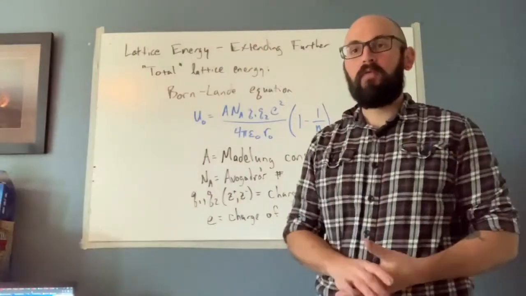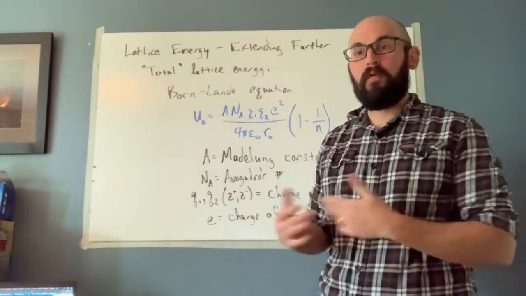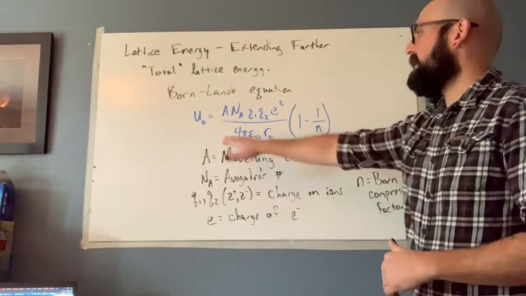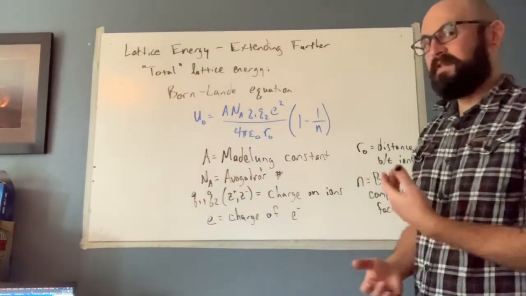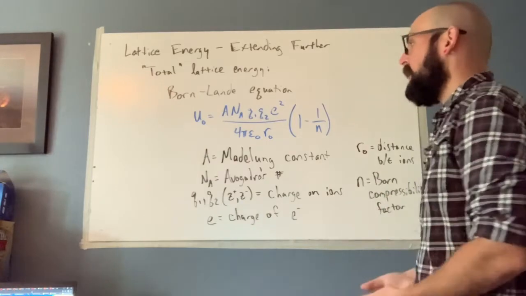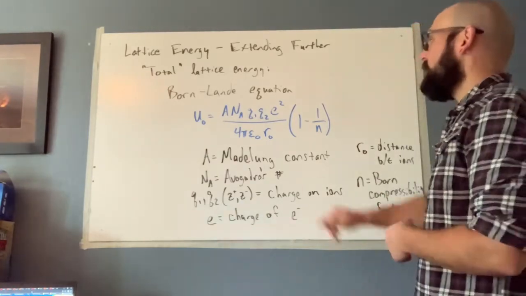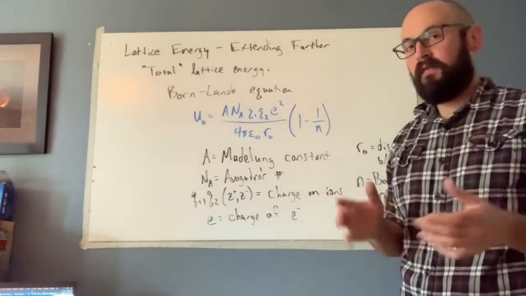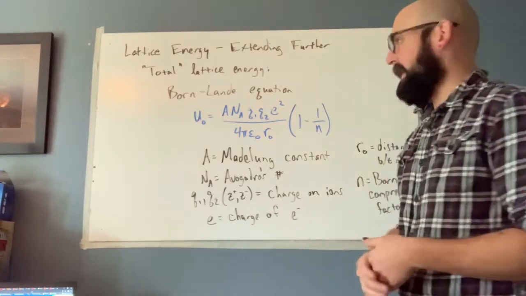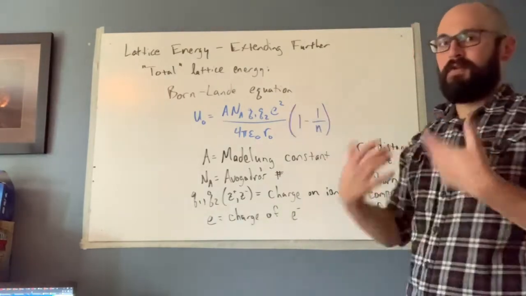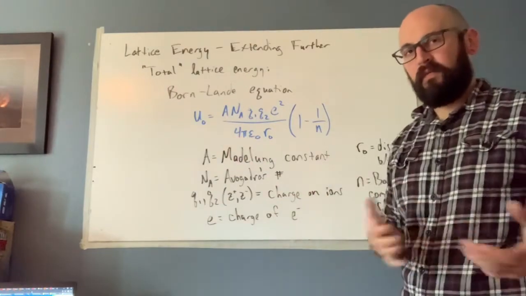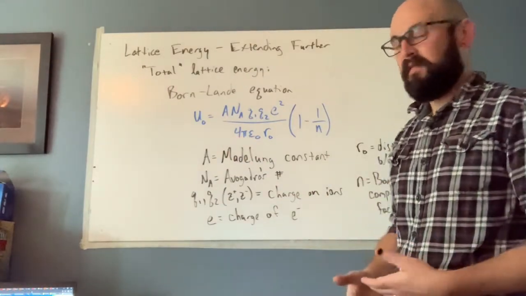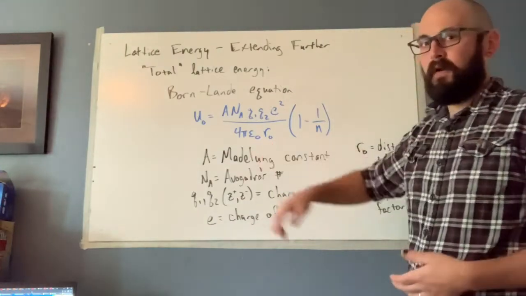So to calculate our total lattice energy, we can use the Born-Landé equation, which states that U naught is equal to A, which is the Madelung constant, times Avogadro's number, N sub A, times the charges on your two ions, so the charge of your cation times the charge on your anion, times the charge of an electron squared, divided by 4 pi epsilon naught, which is related to the permittivity of free space in a vacuum,